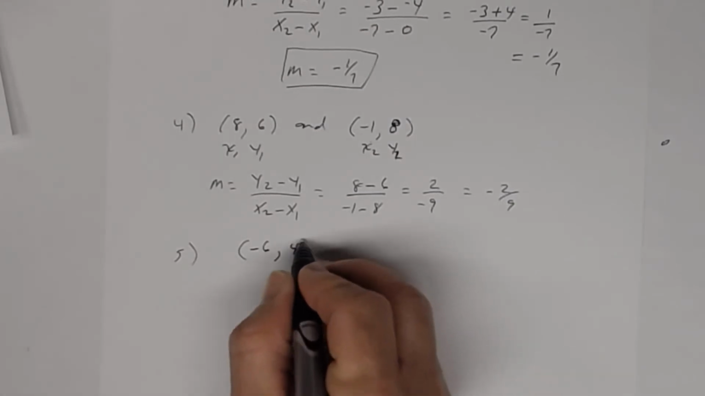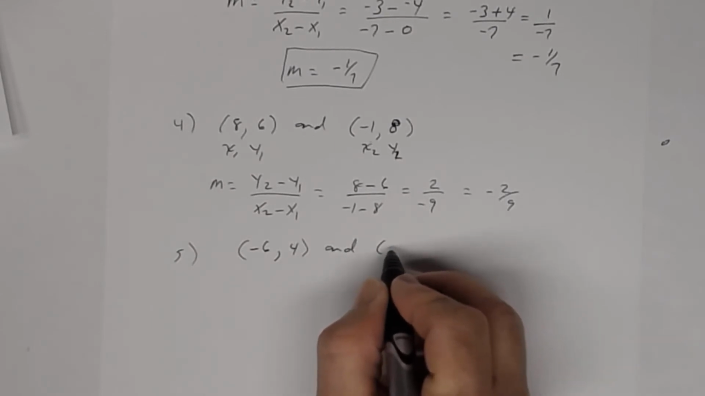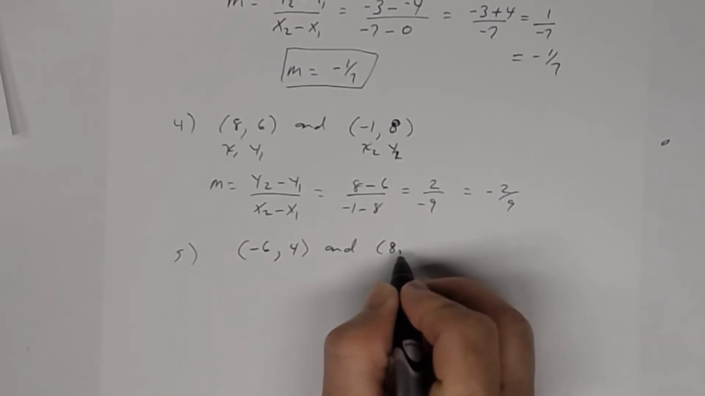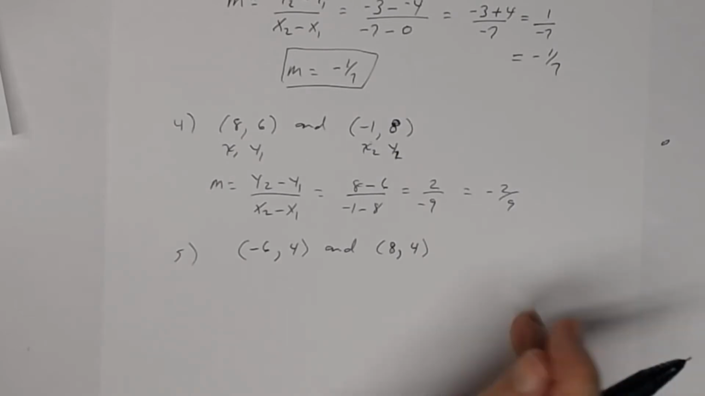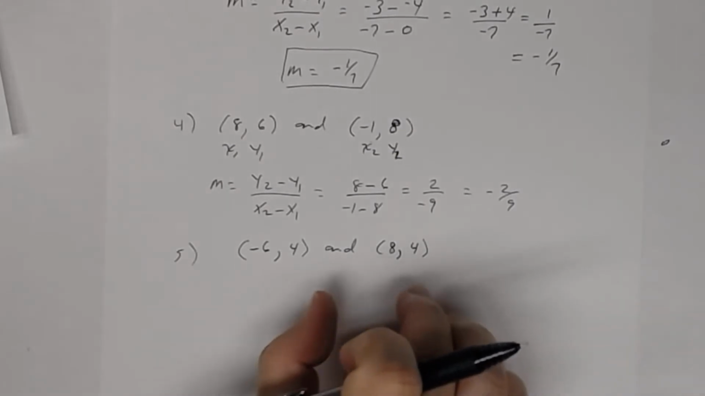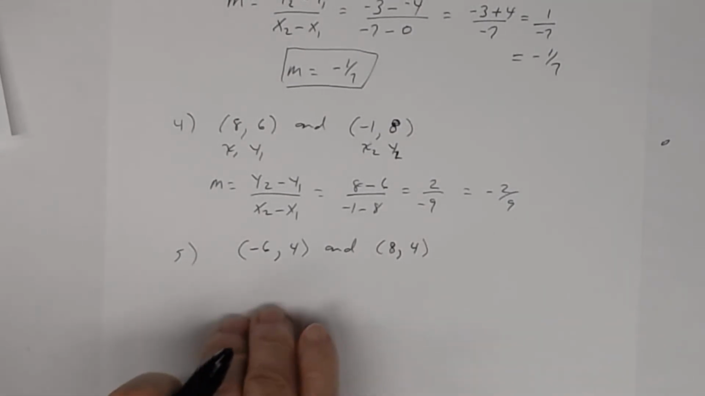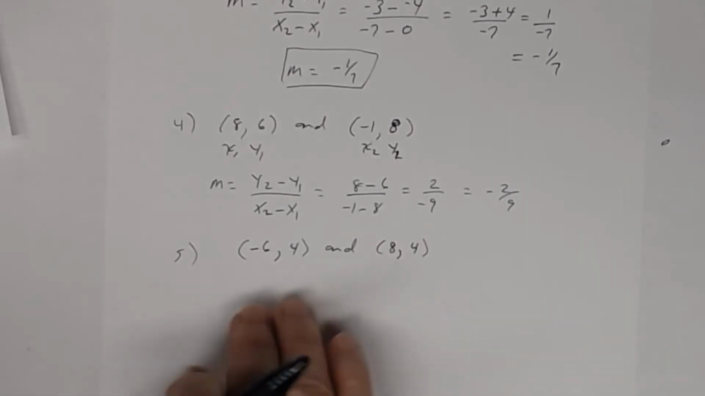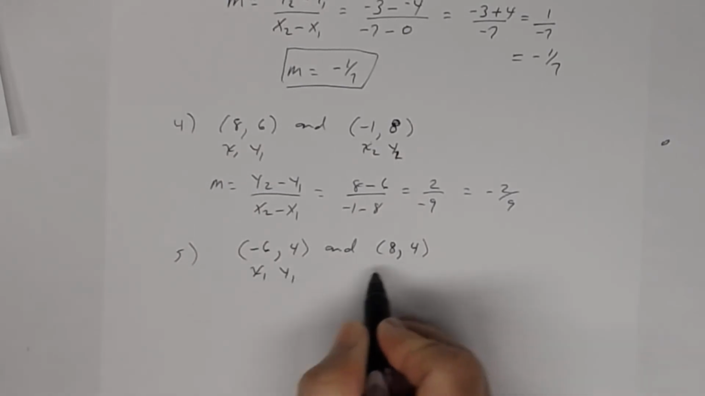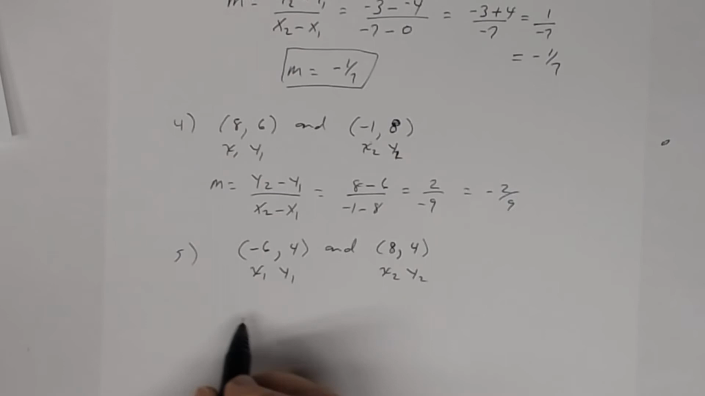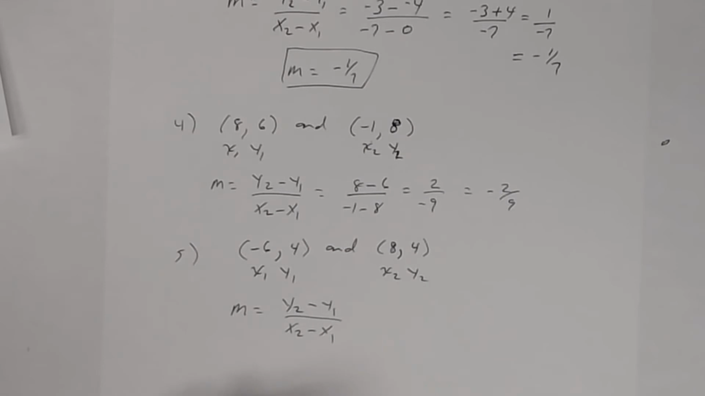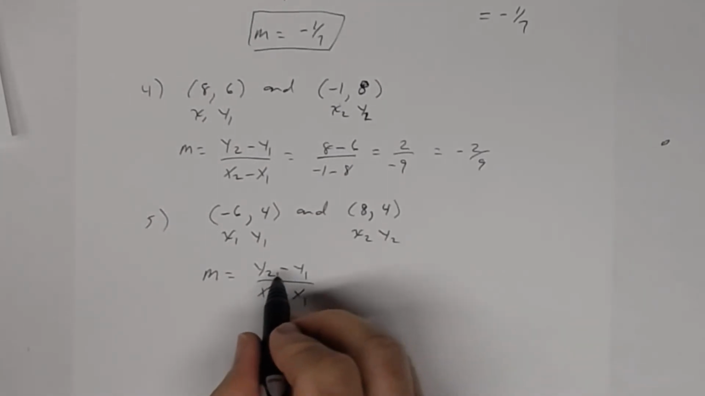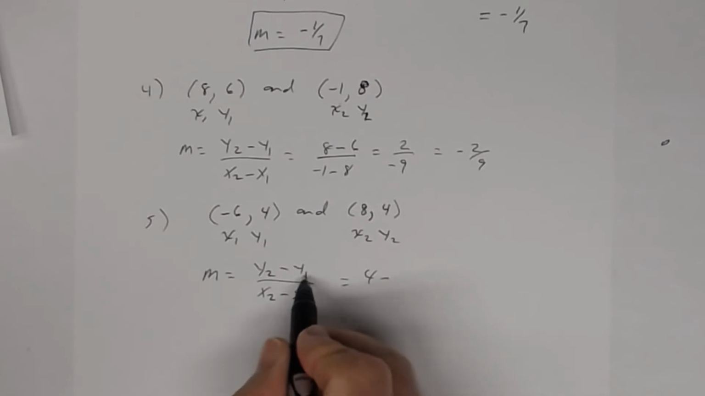Number 5, we have (-6, 4) and let's say (8, 4). All right, so let's find the slope of that line. Let's find the slope first, and then I'm going to graph this just to show you something. Let's call this x sub 1, y sub 1, and this is x sub 2, y sub 2. So the slope, remember, is y sub 2 minus y sub 1 divided by x sub 2 minus x sub 1, right? And y sub 2 is 4, so I get 4 subtract y sub 1, which is